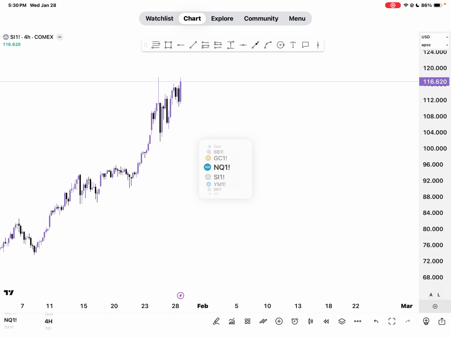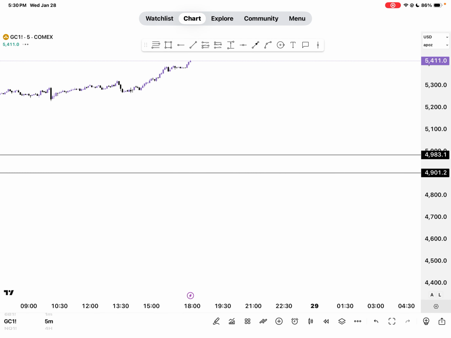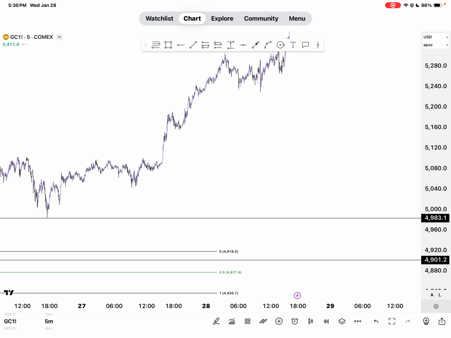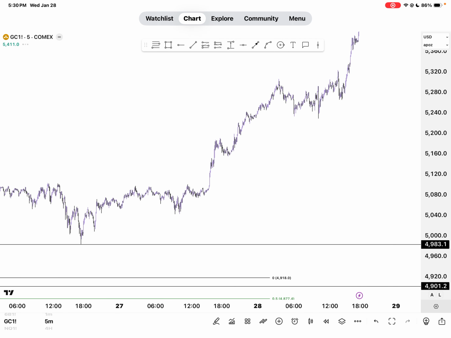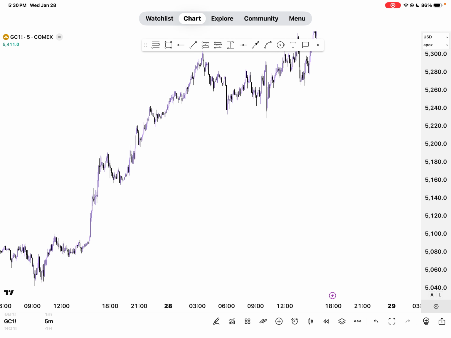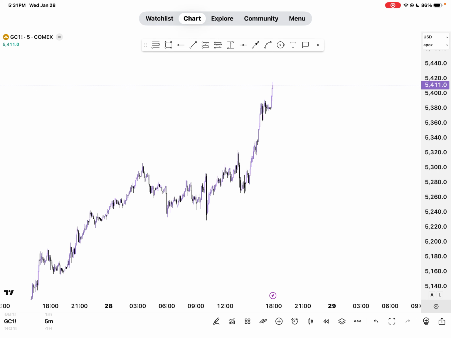You can essentially catch trades on both of these pairs using just the execution, the micro perspective, because it's such a strong bullish run here that every single pullback on the micro structure can yield you an opportunity to just tag into the trade. And to be honest, you probably could just press buy and make money with this kind of stuff right now. It's just that strong.